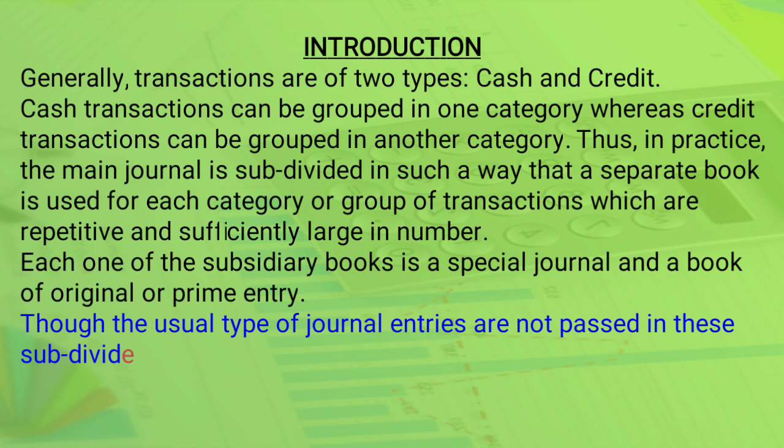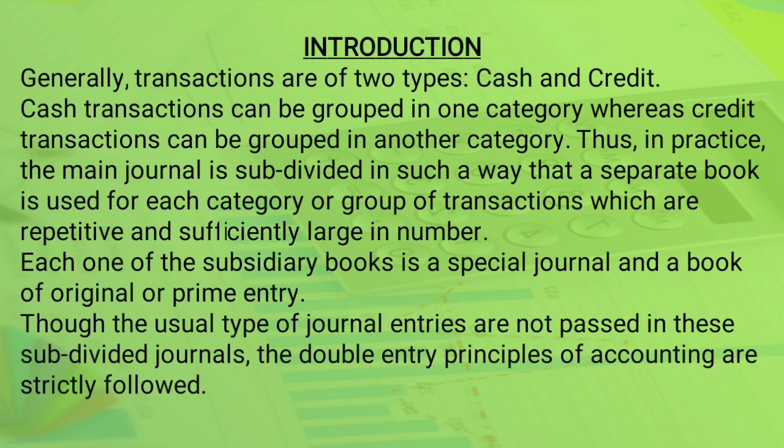As usual, we can divide our journal entries on the basis of their entries. It may be of 7 or 8 types, which we will discuss in the upcoming slides. Recording your transactions in subsidiary books will be quite different from recording in the journals. But here again we have to strictly follow the rules of the double entry system and all the principles of accounting.